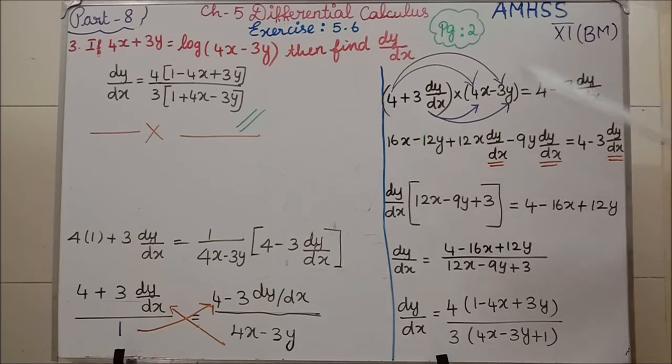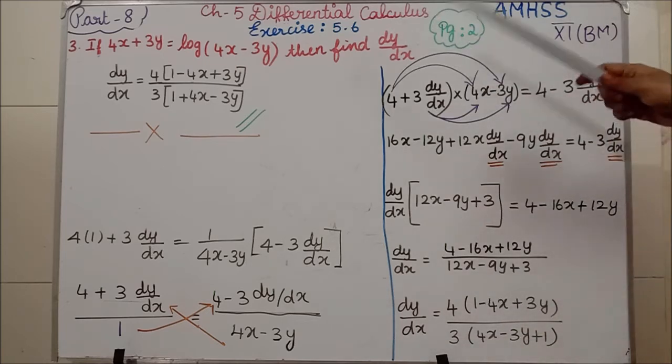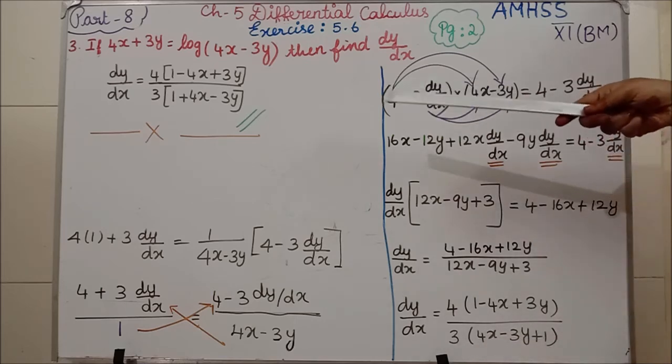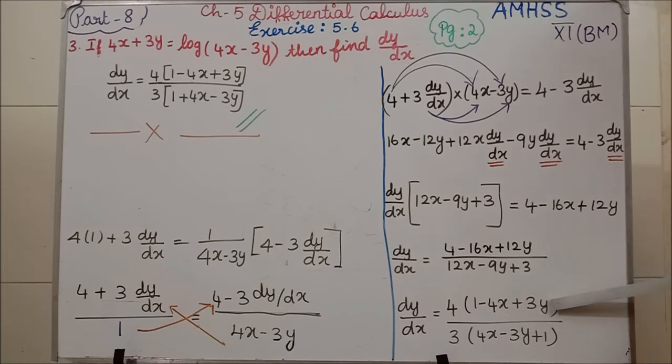Clear? In the next step I am writing dy by dx is equal to 4 by 3. Then the numerator part I am writing as such. The denominator part I am arranging like the numerator. In the numerator first I have 1, so I also write 1 there. Then in the numerator I have the x term, so in the denominator where I have the x term, plus 4x. The numerator has the third term 3y, so the last term I write minus 3y.